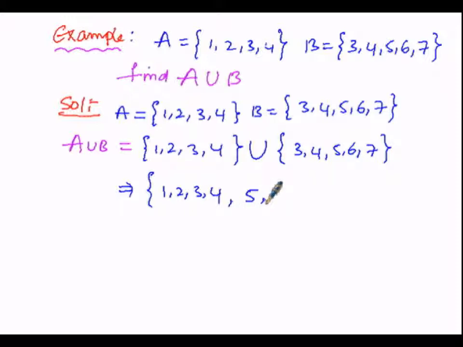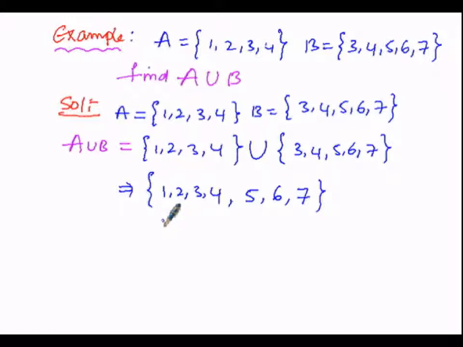So here we can include even this, number 6, as an element. Then now 7 also can be included. So in this manner we got the A union B set as 1, 2, 3, 4, 5, 6, 7 are the elements. So here we wrote each and every element of set A and each and every element of set B, but not repeated. That means A union B elements are of either set A or set B or both.